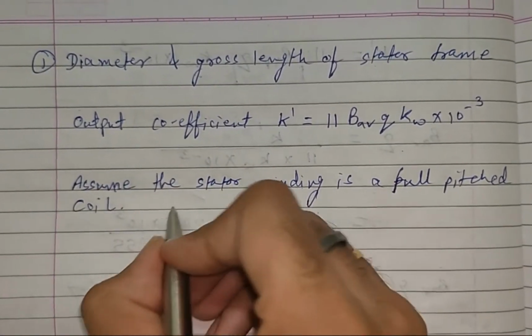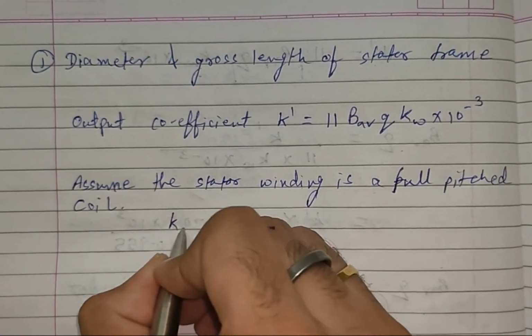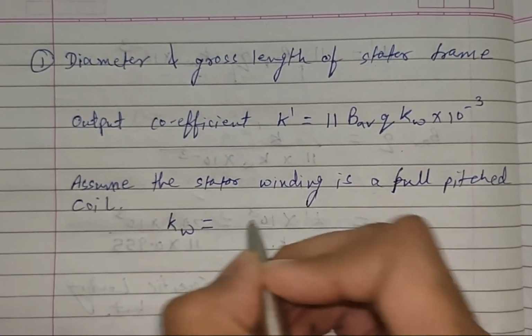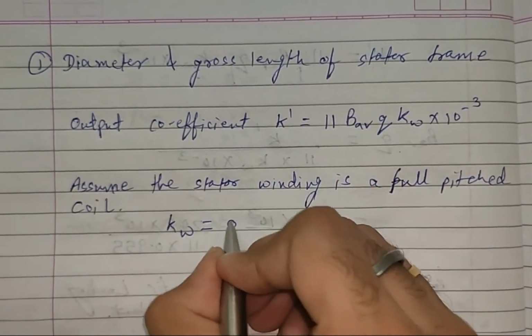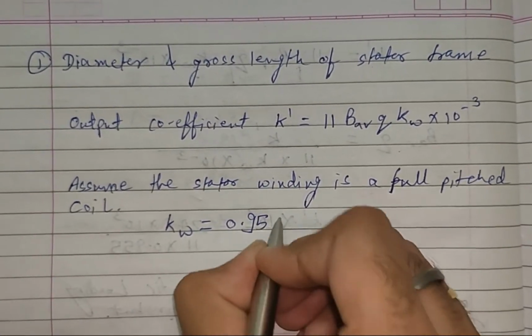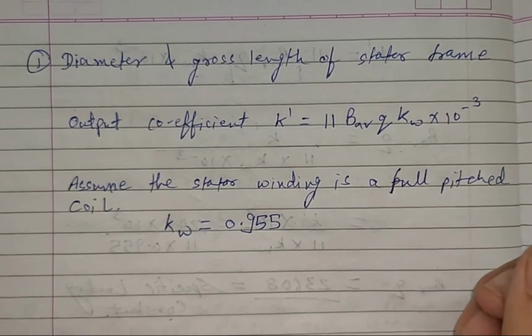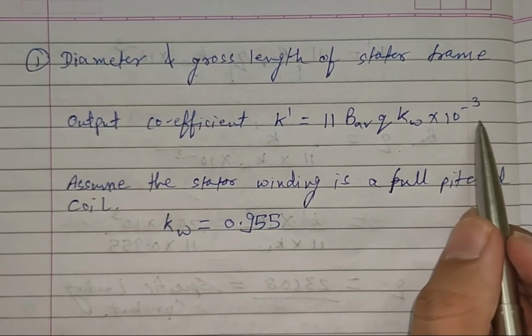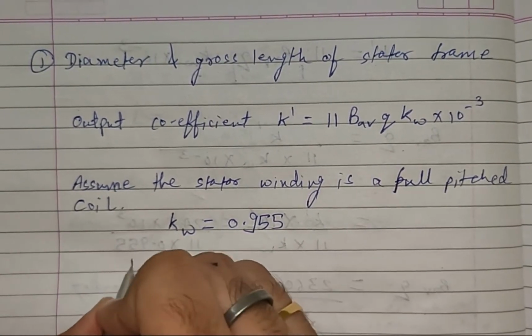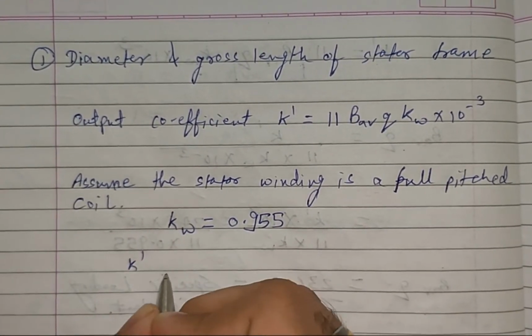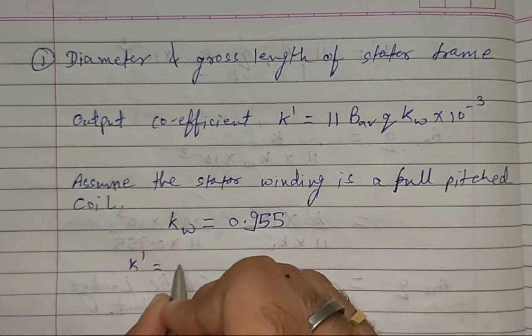So if we assume this, we can take the value of kW, which is nothing but the stator winding factor, as 0.955. So again, coming back to the equation of K dash,